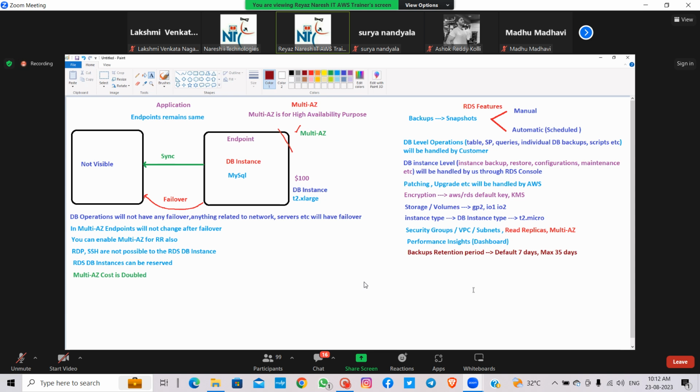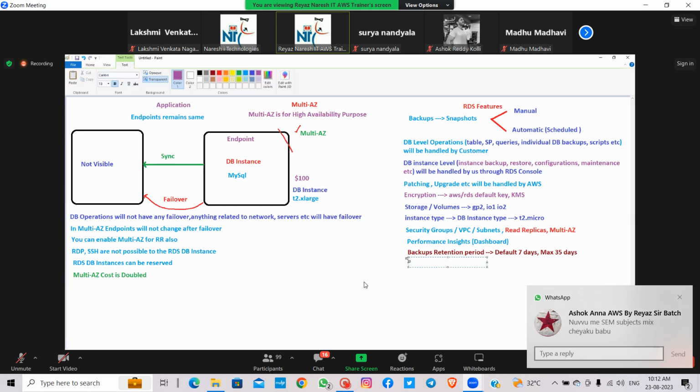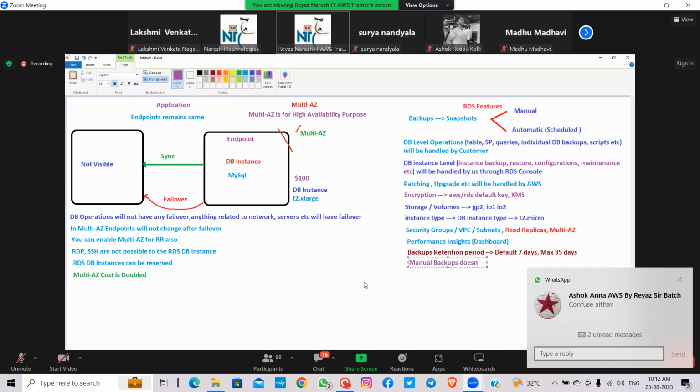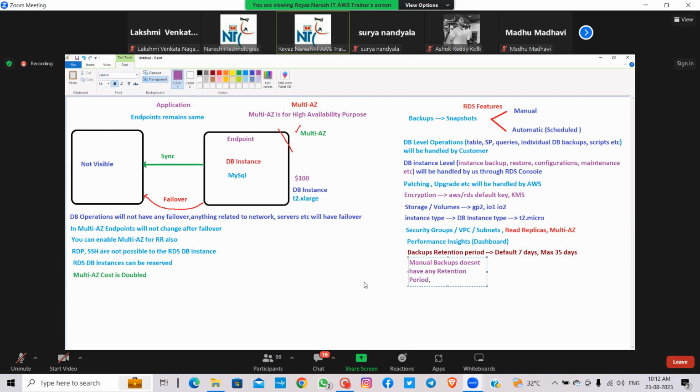If you manually take the backup, will that get deleted automatically? No. Does the manual backup have any retention period? No. Until you go and delete it, the manual backup will be there just like that. You got this? So that is the retention period here. Manual backups don't have any retention period; they will always be there until you delete them.